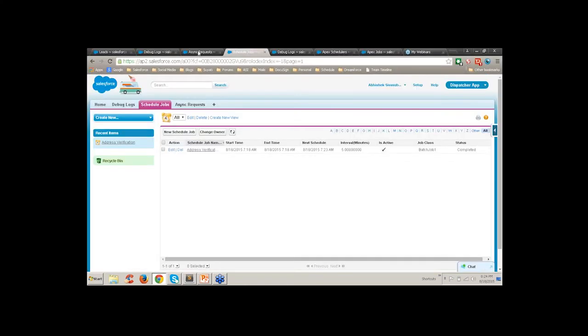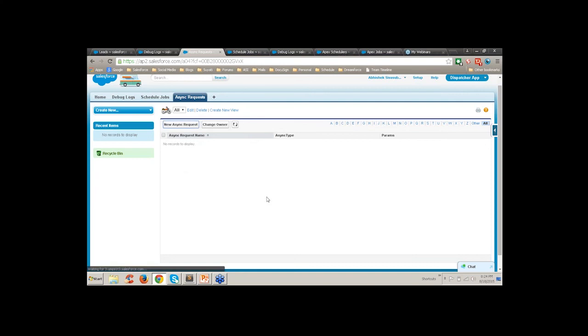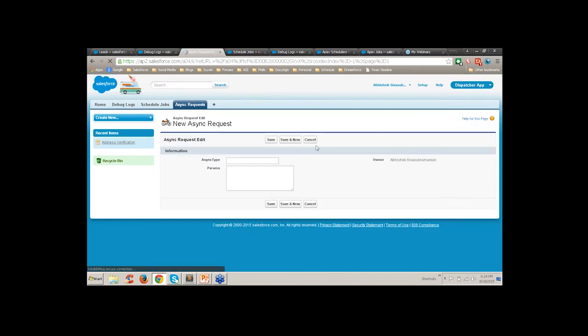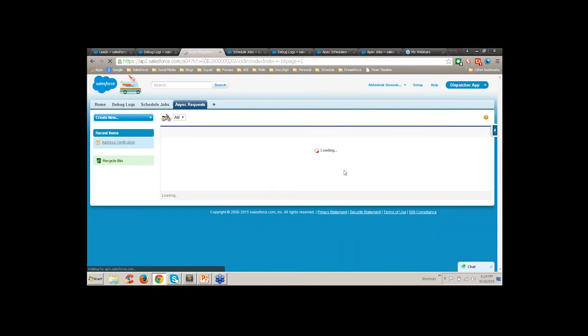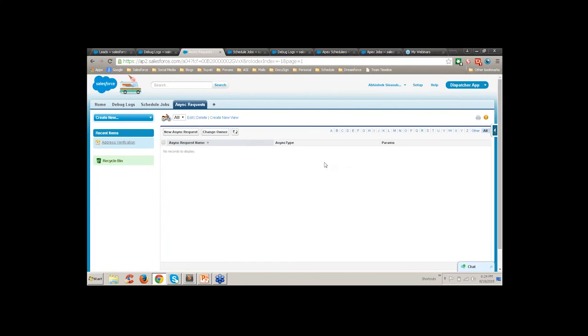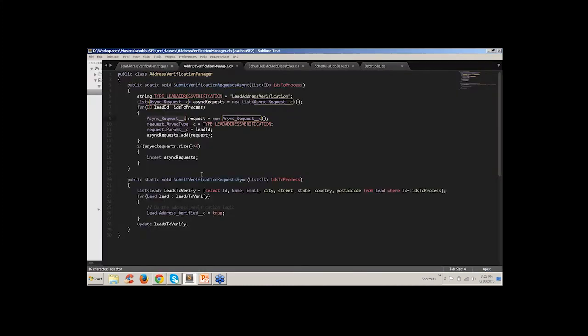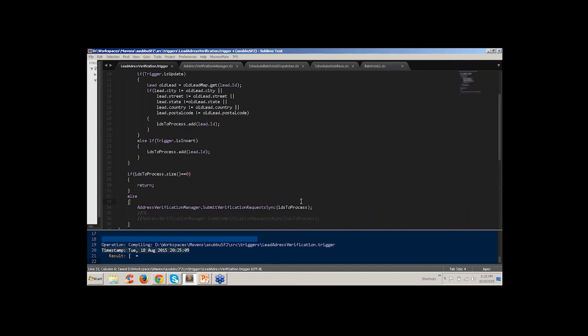It has a name and an async type. Async type is like a keyword with which a batch job can understand that, okay, this request is for lead address verification. The params are maybe the lead IDs that need to be processed for the address verification. So let me run this in the synchronous fashion and show you.